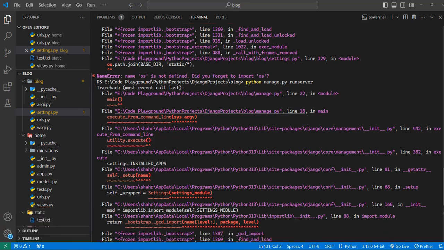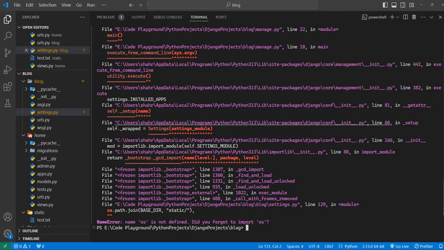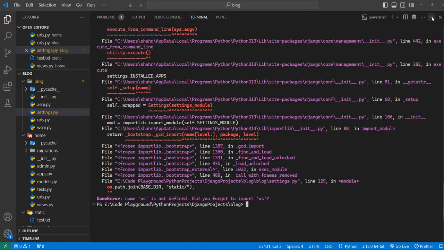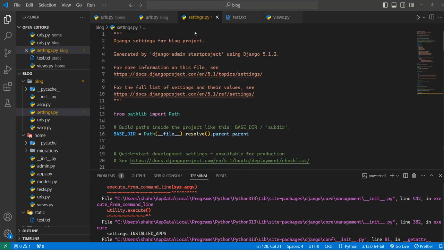If you have faced this problem, then here is the solution. As you can see, there is an error: name 'os' is not defined. Did you forget to import os? So basically what's happening here, we are forgetting to import os from Python. In the beginning of this file, which is settings.py in our project folder,